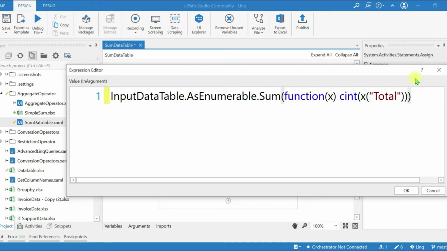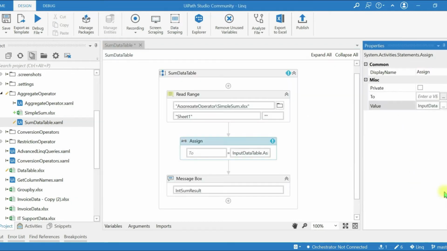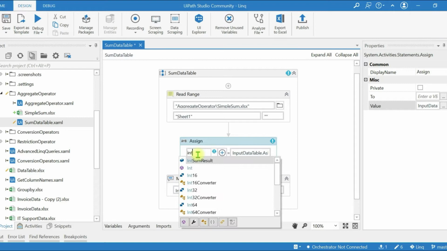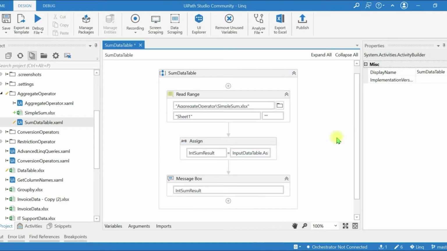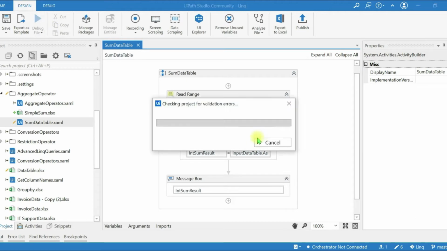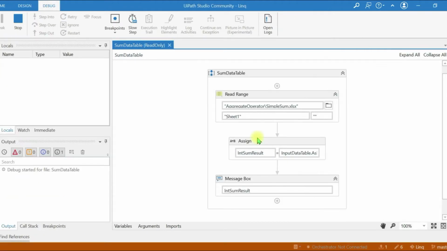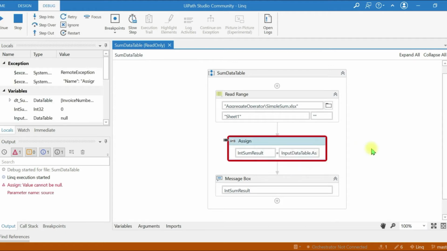Now our query is complete. Now I will execute this. We will get 34,860. That's the total value available under that column.